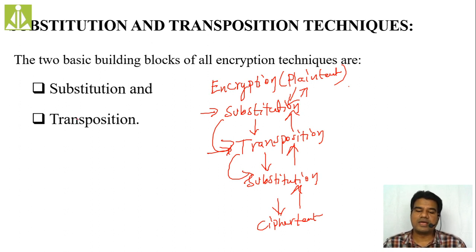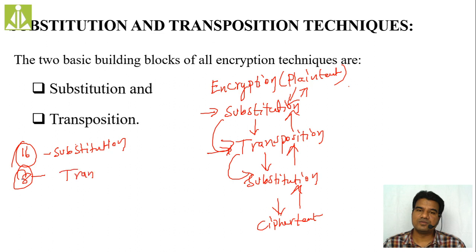Or they will go like this: they will perform 16 rounds or some specific count of rounds of substitutions on the given plain text, and then let us assume 8 rounds of transpositions. Like this they will take some fixed value. This fixed value is part of your key only. Then they will perform transposition. So like this again they will perform 16 rounds of substitutions before obtaining the ciphertext. How these rounds will work, we will discuss in turn.